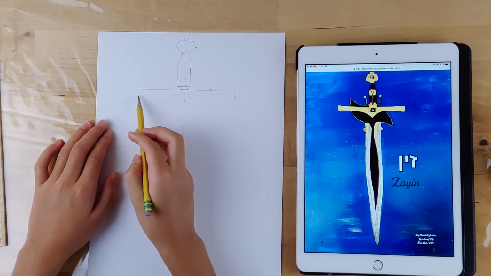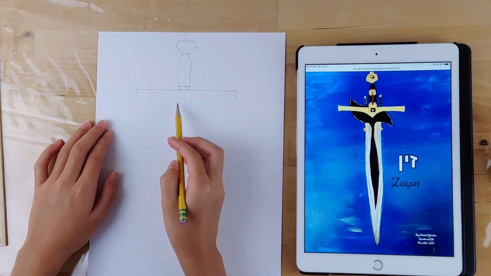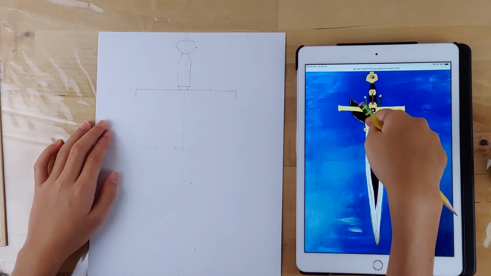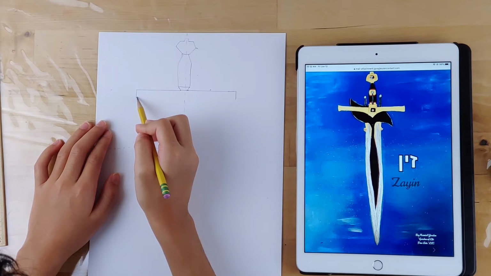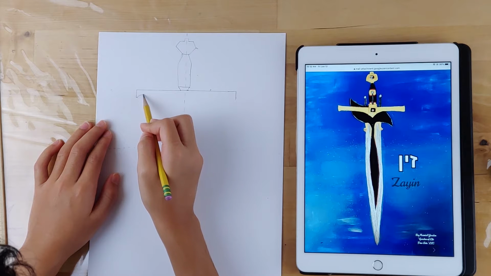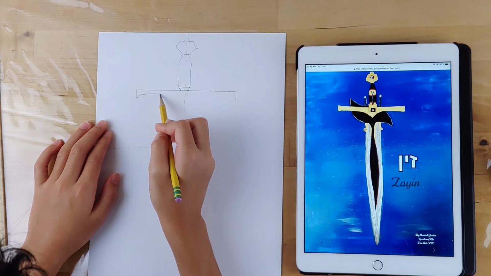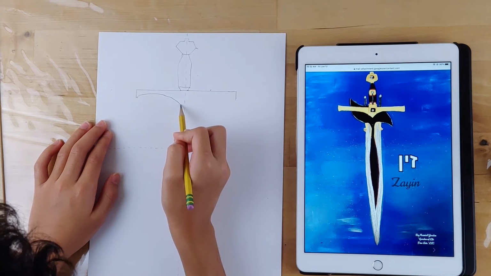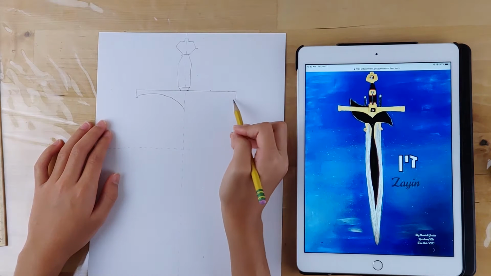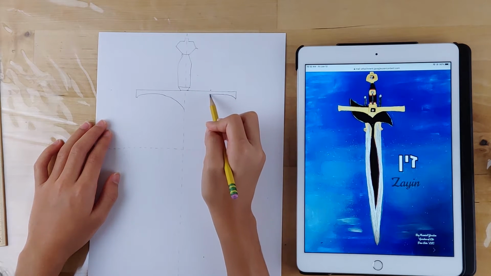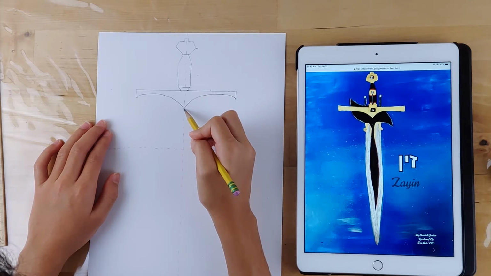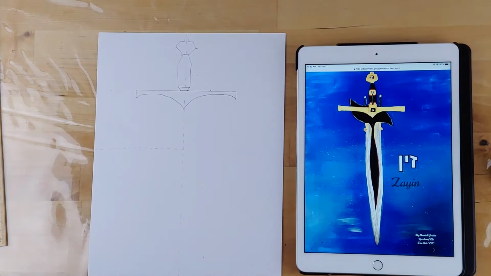We're going to bend in, then keep going and bend outward to make this part. So we're going to go down, then up. Same with the other side. You want to try mirroring it as much as possible. Then up.